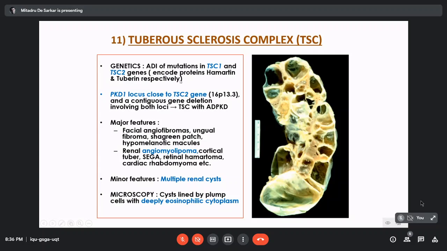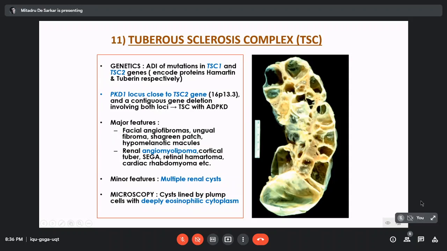for hamartin and tuberin. Now, one interesting tidbit about this mutation is that the PKD1 locus of ADPKD is situated very close to the TSC2 gene. So if you have a large scale deletion of this gene, you can have a wiping off of the entire PKD locus along with the TSC2 locus, resulting in not only ADPKD but also TSC at the same time. As far as the phenotype goes, we already know there are these fibromas over the face, ungual fibromas,